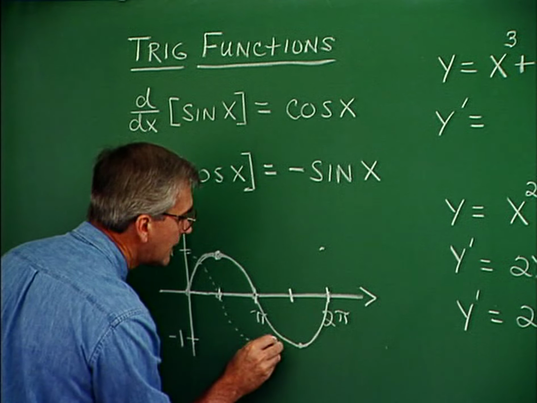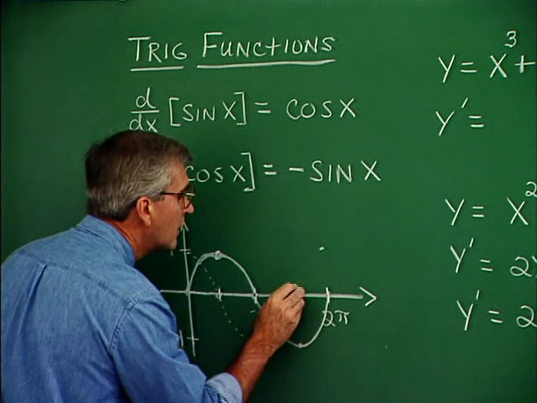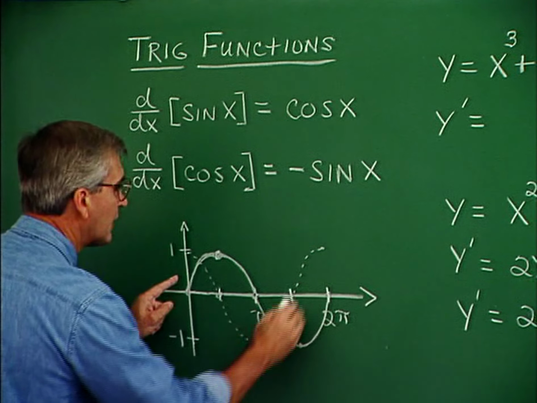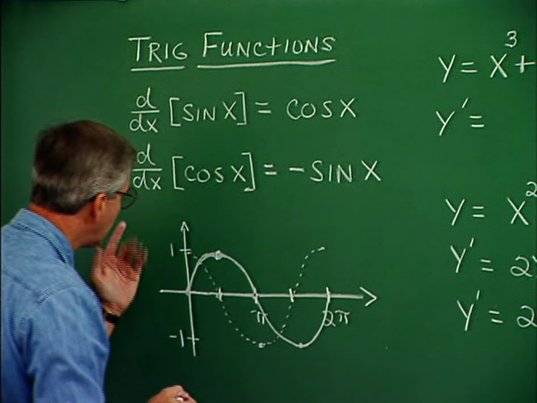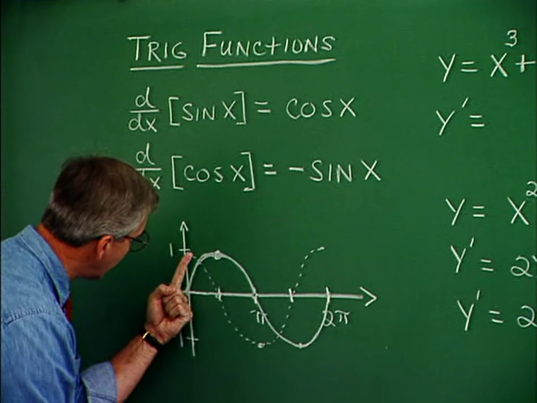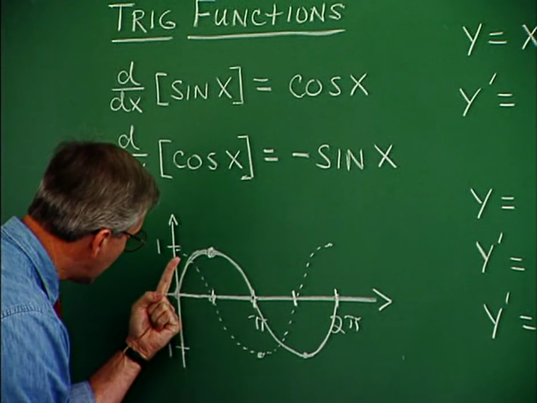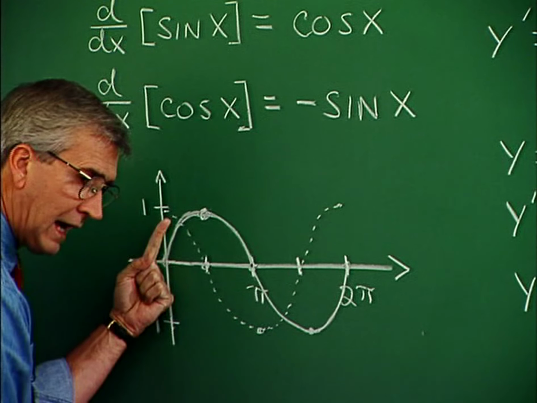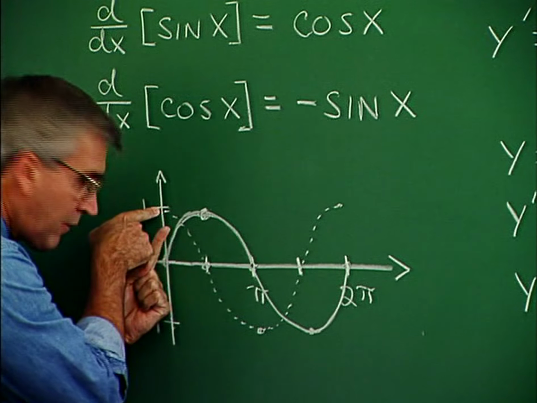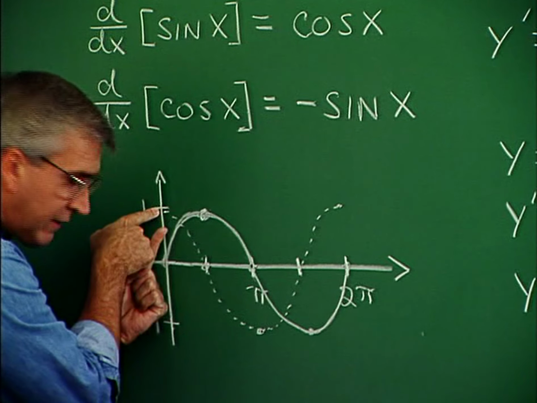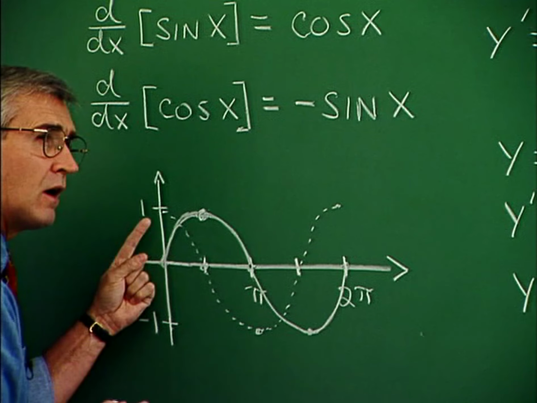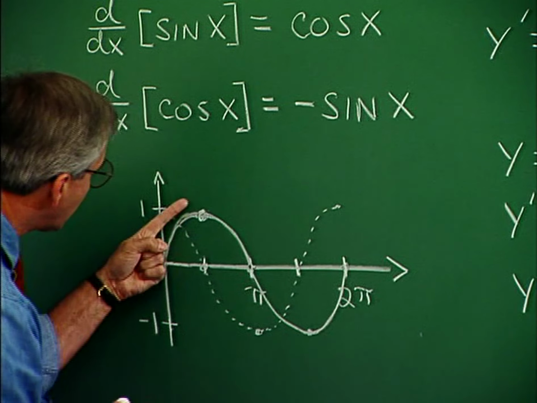You see, the idea is that a derivative is the slope of the tangent line. And if you think about it, here's our function now, and here's the derivative function. And we're thinking of a tangent line, and I'm just going to use my finger here as the tangent line. What's the slope of the tangent line here? Well, it turns out to be 1 at the very beginning point, and that's why we have 1 here on the derivative function. And then as it goes over like this, the slope of the tangent line is decreasing,